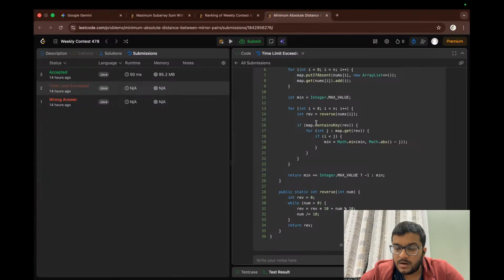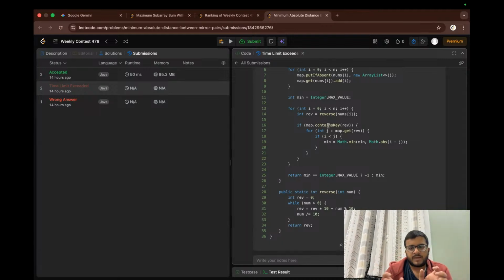And if my map already contains the reverse, that means nums of i and the entry in the map with the reverse are a pair of reverses. In that pair of reverses, I need to iterate through each index, and I am finding the difference, because